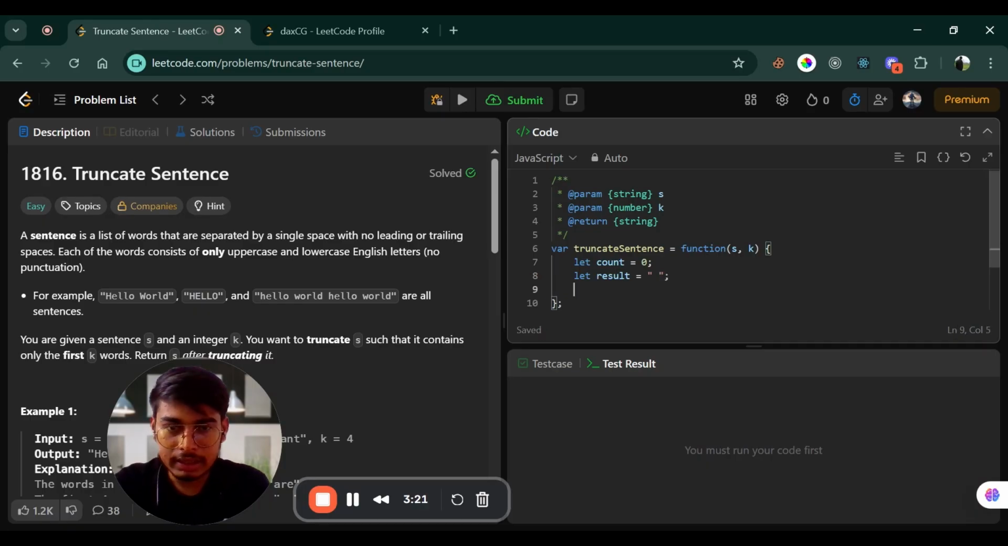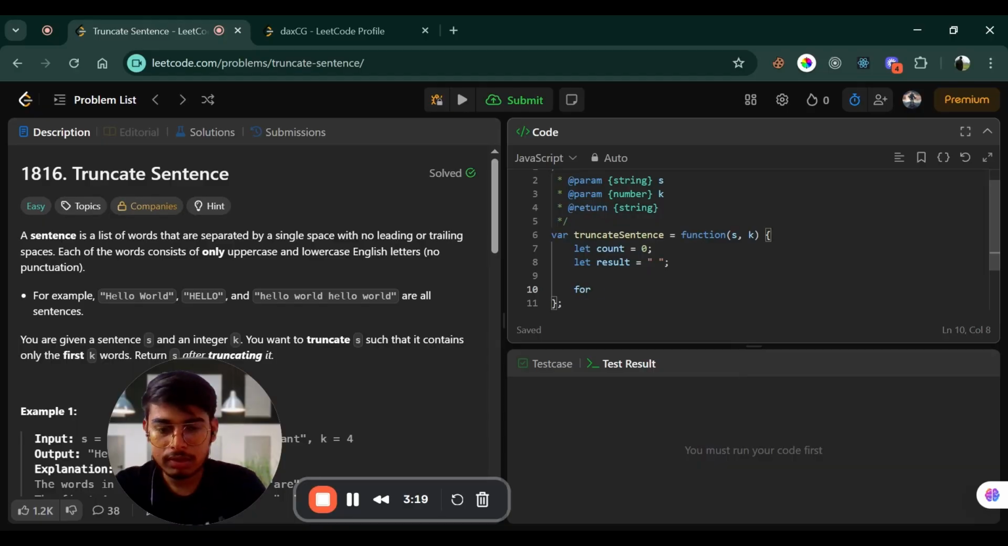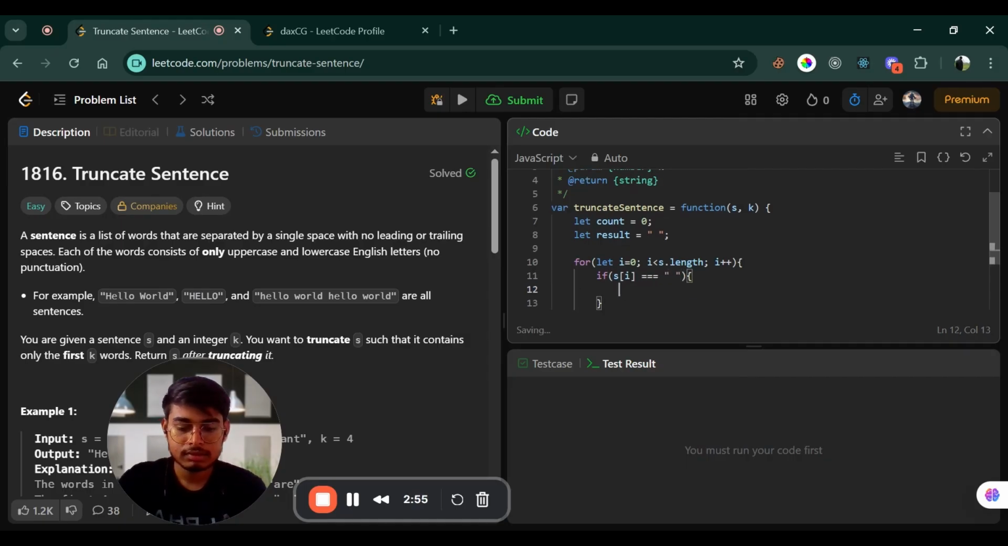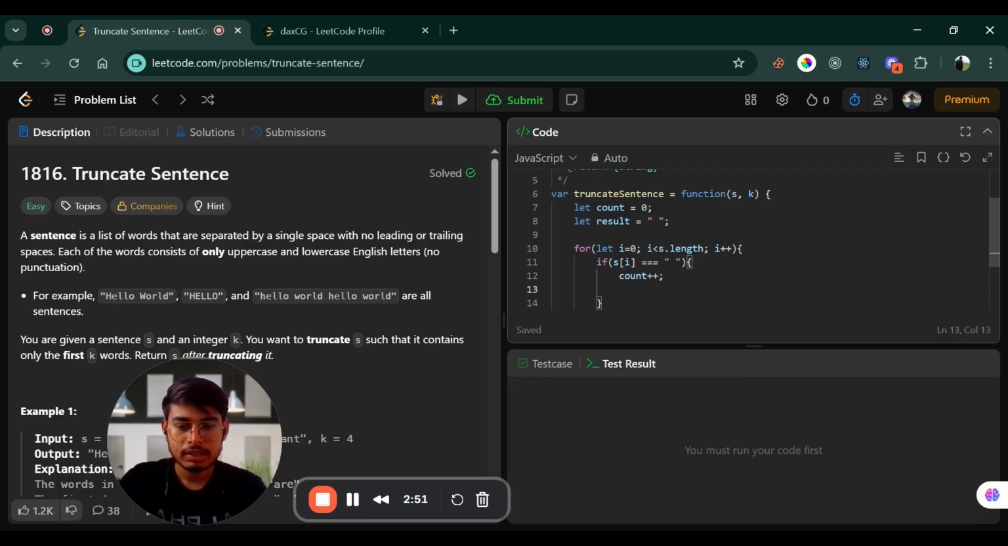After that, I have to take one for loop: for let i equal to 0, i less than s.length, and i plus plus. Okay. Here, if our given s[i] is equal to an empty space, then count plus plus, and